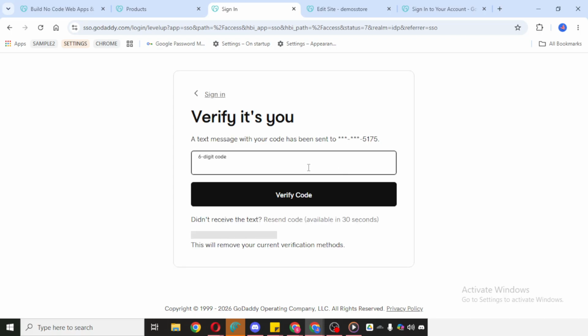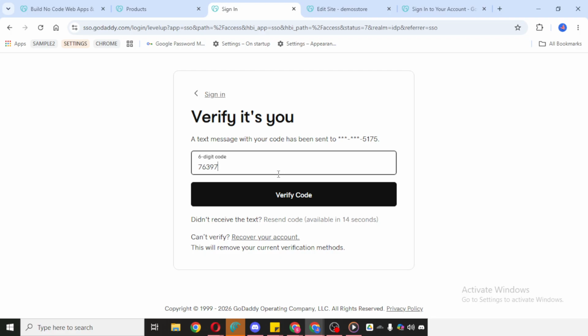Here, click Invite Access. You'll then be asked to enter the person's name and email address. Be sure to type the information carefully so the invitation reaches the right person. After that, select the appropriate access level. This part matters because the access level determines what that person will be able to view or manage. If you're not sure which level to choose, take a moment to read the options before continuing so you can give only the permissions that are actually needed.